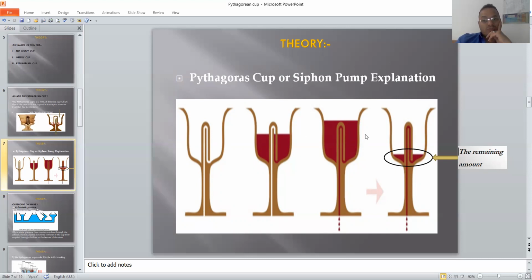After that, when I put more and more water, that means I'm ready now. We will deal with another thing. The water can reach from this point to this hole and throw out from the cup, and after this siphon process, I will lose most of my liquid. Okay, and the remaining amount will be just this simple level. Okay, and I will lose all of that.